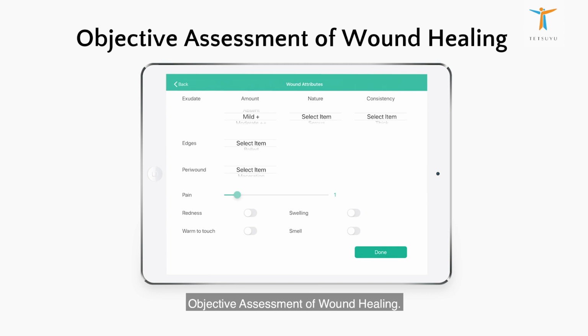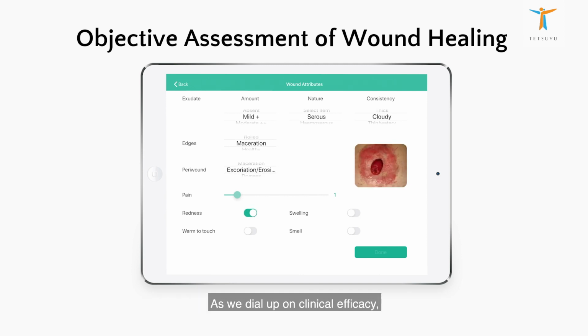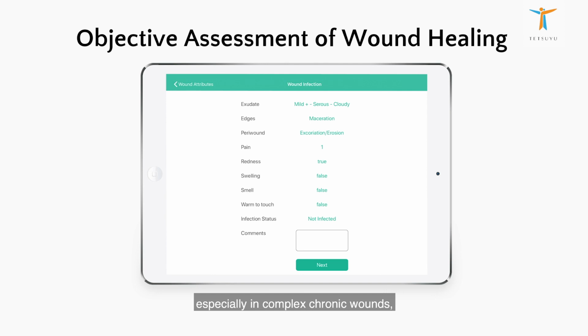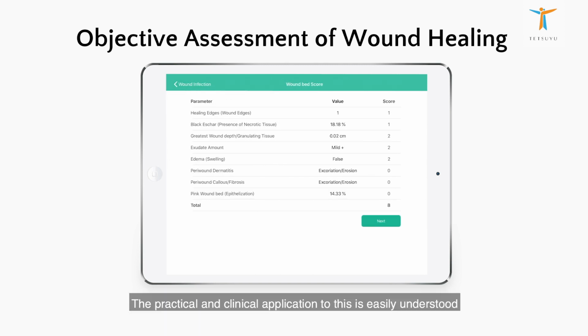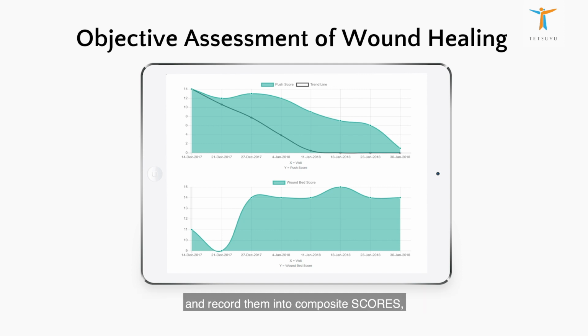Objective assessment of wound healing. In the manual process, monitoring is often difficult due to fragmented information. As we dial up on clinical efficacy, especially in complex chronic wounds, we must move towards evidence-based methods. The practical and clinical application to this is easily understood by invoking scoring systems that allow us to objectively determine wound healing. Algorithms in digital tools allow us to easily and automatically compute key wound attributes and record them into